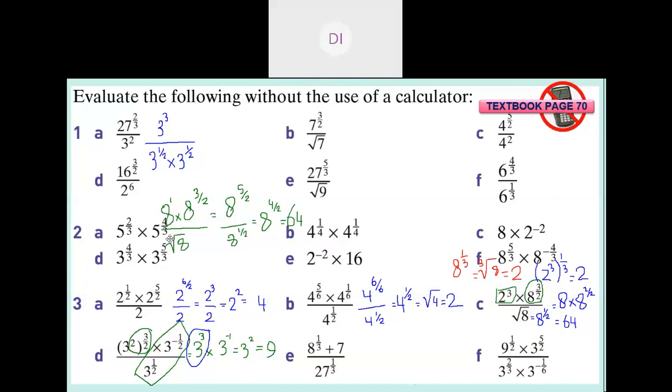Is there anyone who gets confused before I continue to the next steps? Is there anyone who gets confused if I simplify 3 to the power of... No, teacher. No, okay. If no one has any confusion, this is using my first way. I'm using the second law, division using indices. I can simplify them by subtracting the powers.